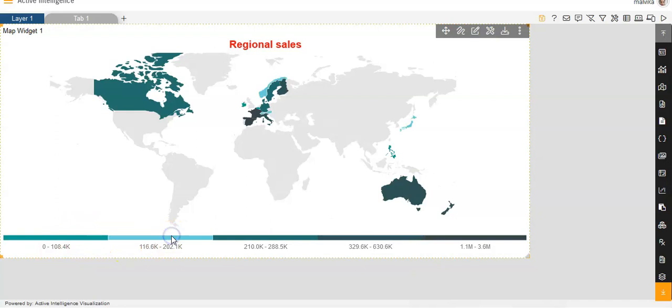Same way for this also, if I'm clicking over here, this will tell me now this color is over here and the same color we have here. So that means Norway has got this value. Now if I click over here, this color tells me that Ireland has this value. Same way if I click over here, dark green is coming. So Sweden has this value. So basically this heat legend helps you to know which country has these values.